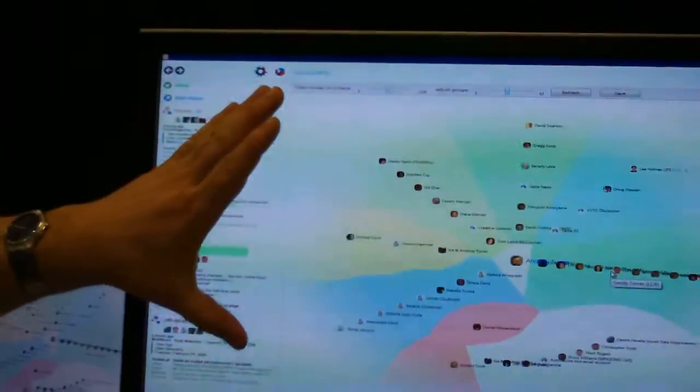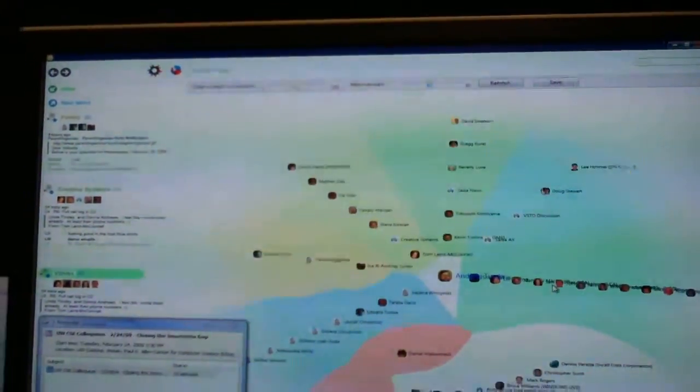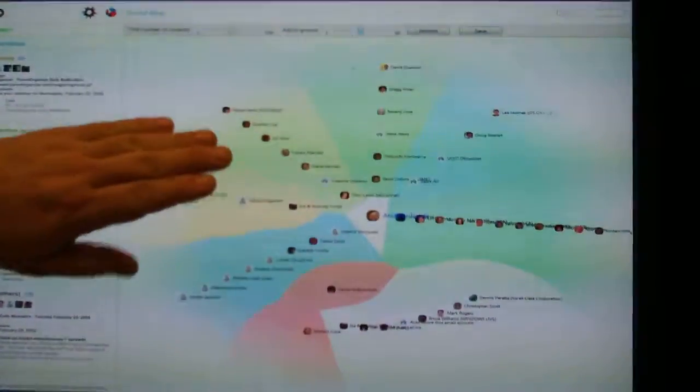Right. So the first step that we did was we looked at the content of the mailbox, and we looked at which people you mail, how often you mail them, and who you mail together. On this basis, we created this colorful graph, which is my social network. The people who are closer to me are most important. Those farther away are a little bit less important. And these sectors represent the groups of how I mail these people together. So this map is created automatically.